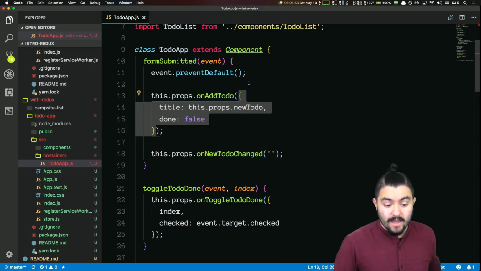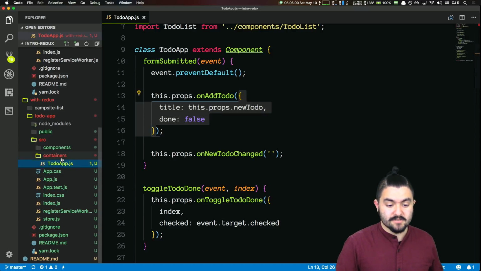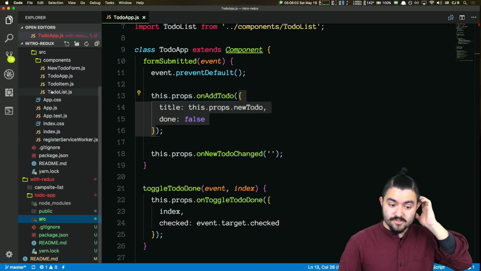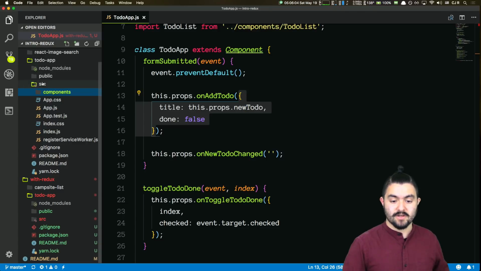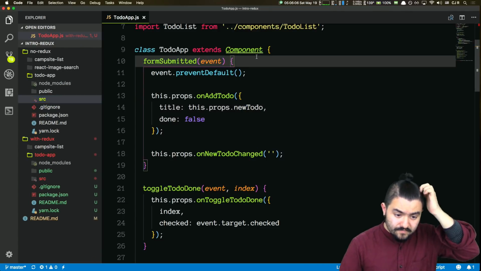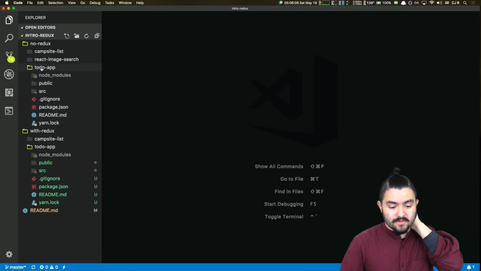That's it. Awesome. So I am going to push up this code so you're going to be able to compare it. And then also you could potentially try to convert this one to use Redux as you watch the video. One thing I do want to do real quick is talk about